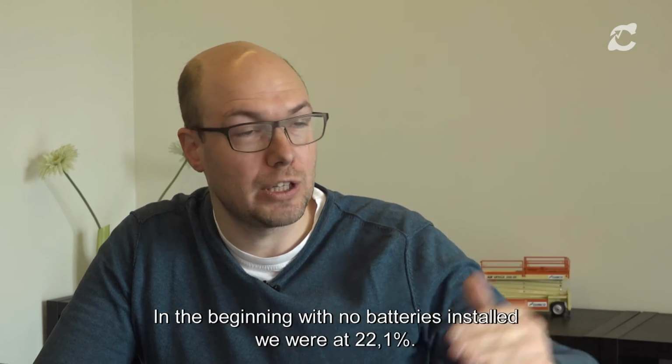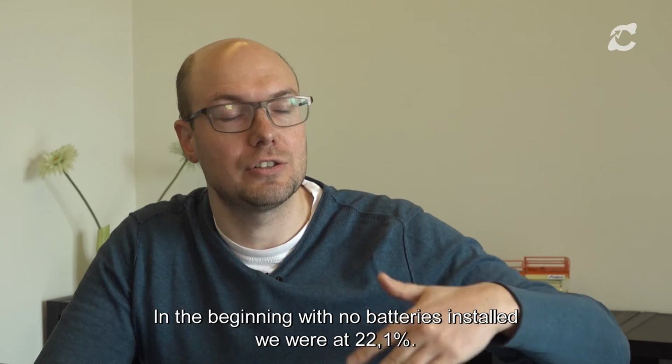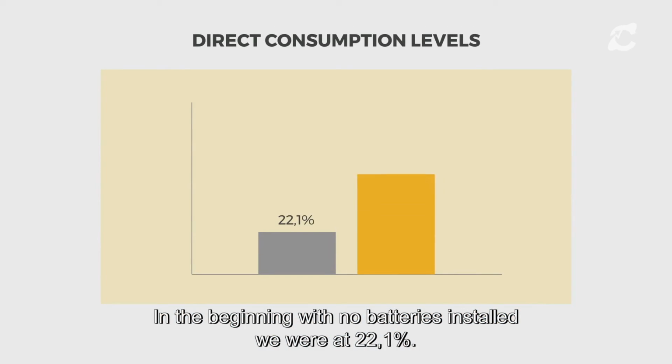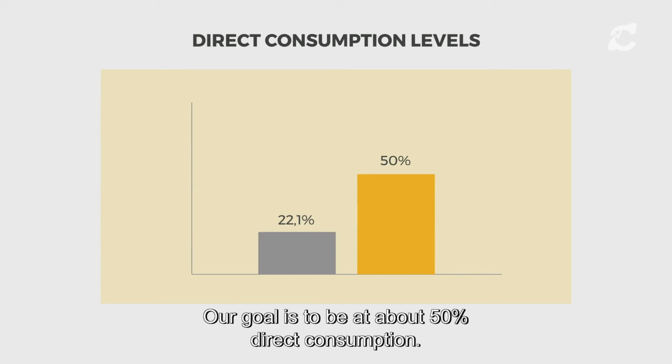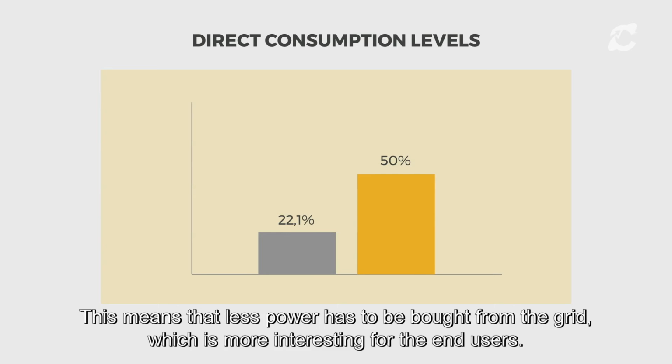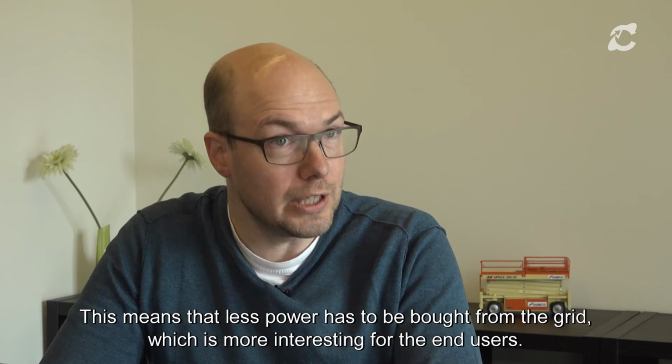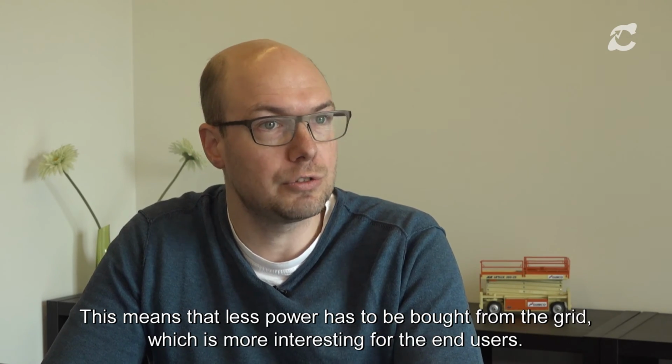So at the beginning, with no batteries installed or anything else, we were at a level of 22.1%. And our goal is actually to be at about 50% direct consumption. So this means that less power needs to be bought from the grid, and it's much more interesting for the